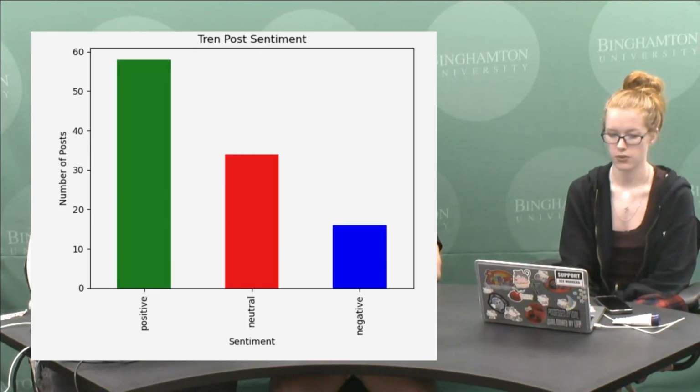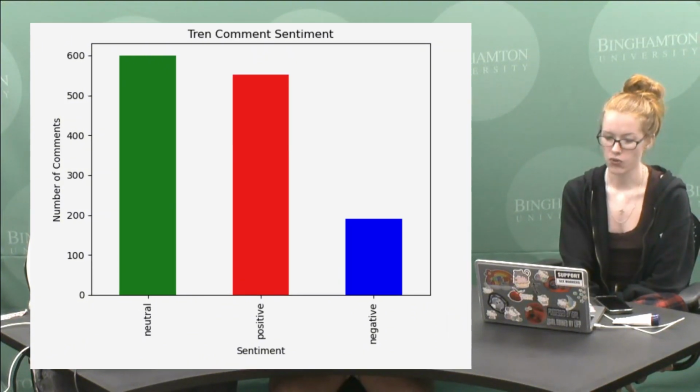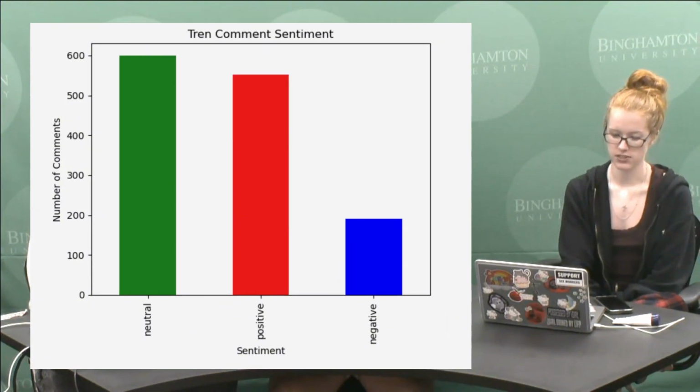For the post sentiment, almost 60% of the posts had a positive sentiment, and then only under 20% of the posts had a negative sentiment. And then for the comments, over 550 of the comments had a positive sentiment, and under 200 had a negative